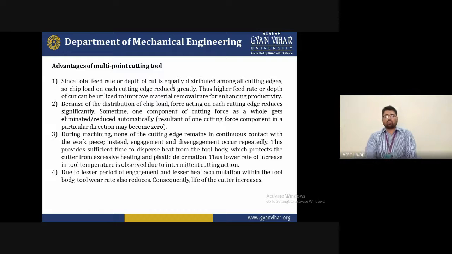So with due respect, a shorter period of engagement and lower heat communication to the tool will be provided. Consequently, the lower cutting parameters increase the tool life. If the cutting tool life increases, it means your product will be very good, and this type of operation can be performed on the same material. Then we will produce good material in a very reliable form. Reliability is the most important, to provide some hardness as well.